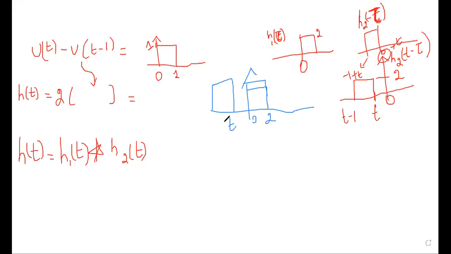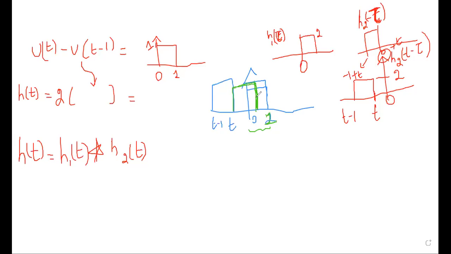T and t minus 1. So you write the first answer: when t is less than 0, I won't get the output. I don't want that concept here. I want to know when the output will be present. I am going to shift this. When I shift it, between the range of 0 and 1, this signal will be occupying.